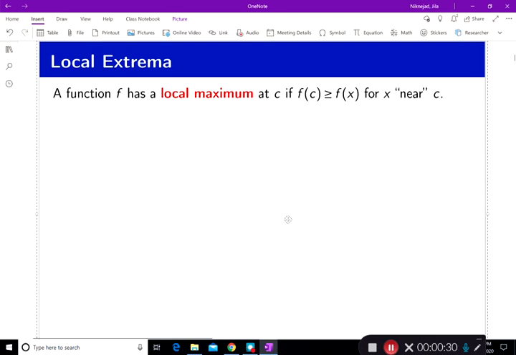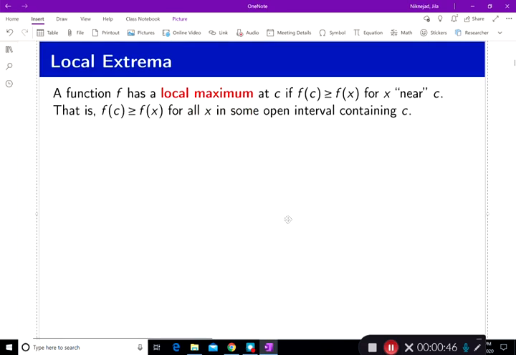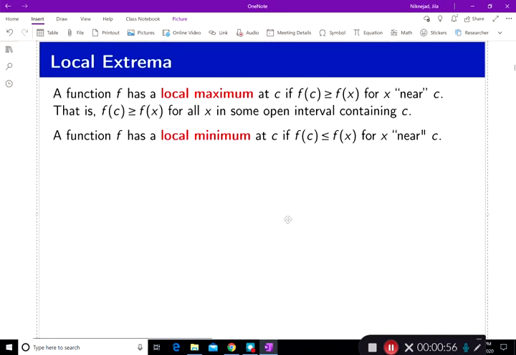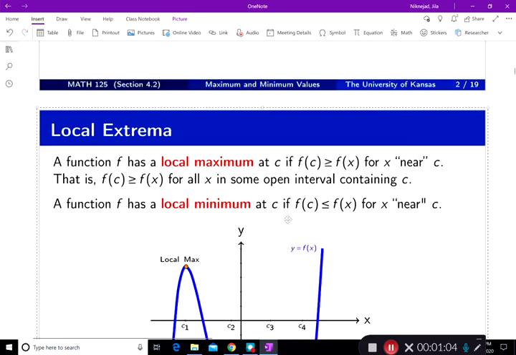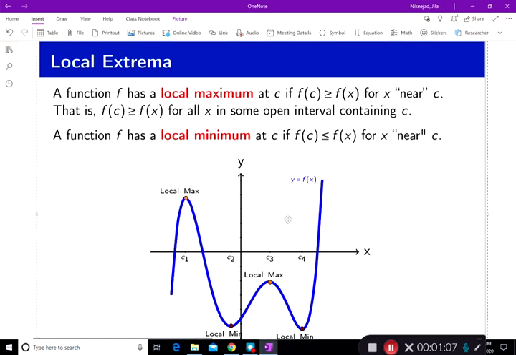So, local extrema. A function f has a local maximum at c if f of c is bigger than or equal to f of x for all x near c. And this is the definition we use. That is, f of c is bigger than or equal to f of x for all x in some open interval containing c. And f has a local minimum at c if f of c is less than or equal to f of x for all x near c. And so the picture speaks